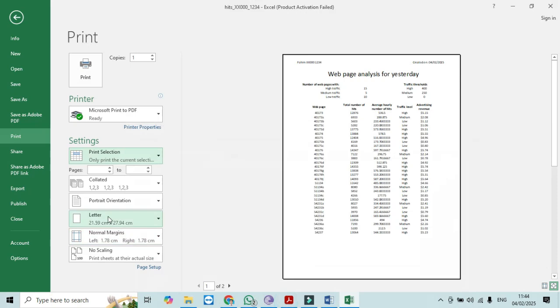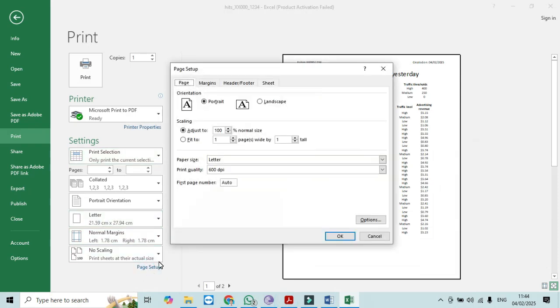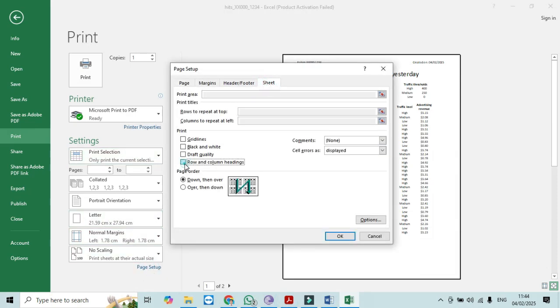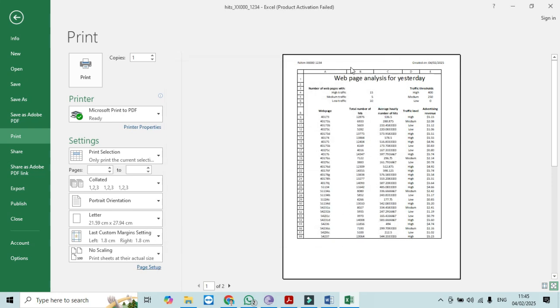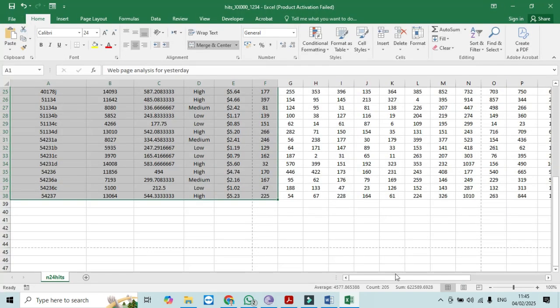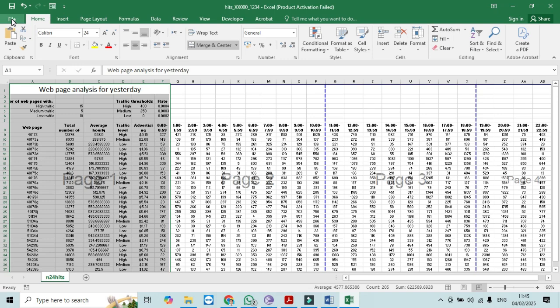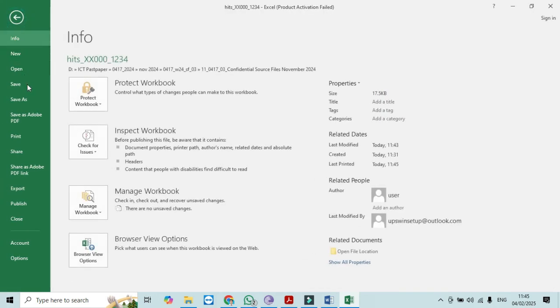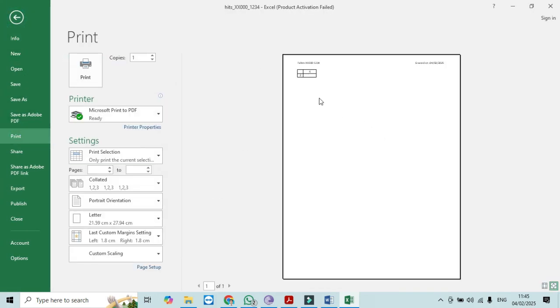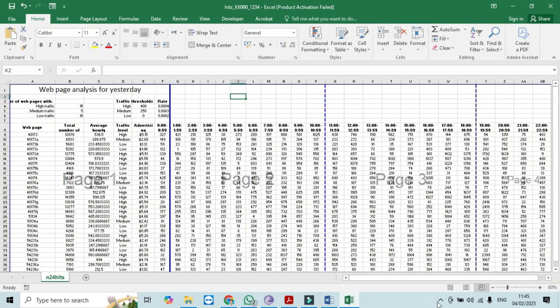So page setup, and then we have an option sheet. Click on this option to show the row and column heading. You see E is there, but F is not showing here. So what we need to do is we need to go back and click on page break preview just to include column F. Now when you click on print preview, so you will find here starting from column, yes,